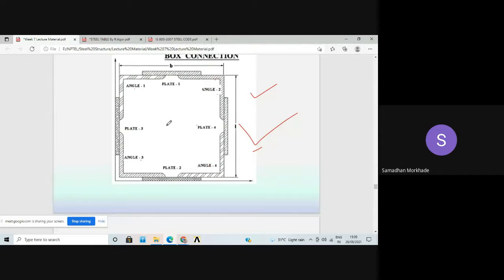Now what lacing and battening actually are, what the different clauses are, what the criteria are, we are going to discuss in detail in tomorrow's class, because that is a very important part from your university examination as well as your GATE examination point of view, because in each and every examination there are MCQ questions on lacing and battening. Lacing, what is meant by lacing, what are the clauses, what the angle of inclination is, shear deformation, transverse shear, longitudinal shear. All these things we are going to discuss in detail, step by step, in tomorrow's lecture as well as lab sessions, along with sheet number 3 and 4. Okay, so just wait.